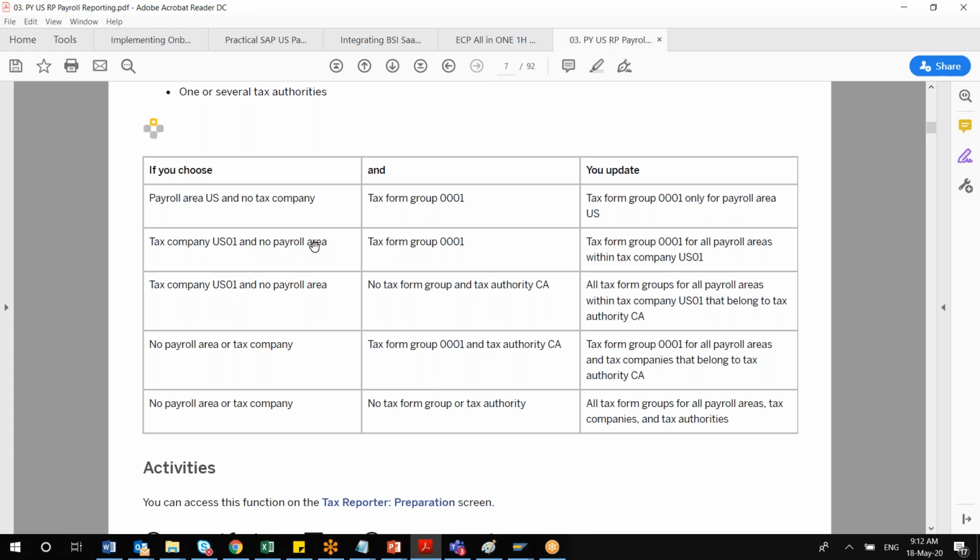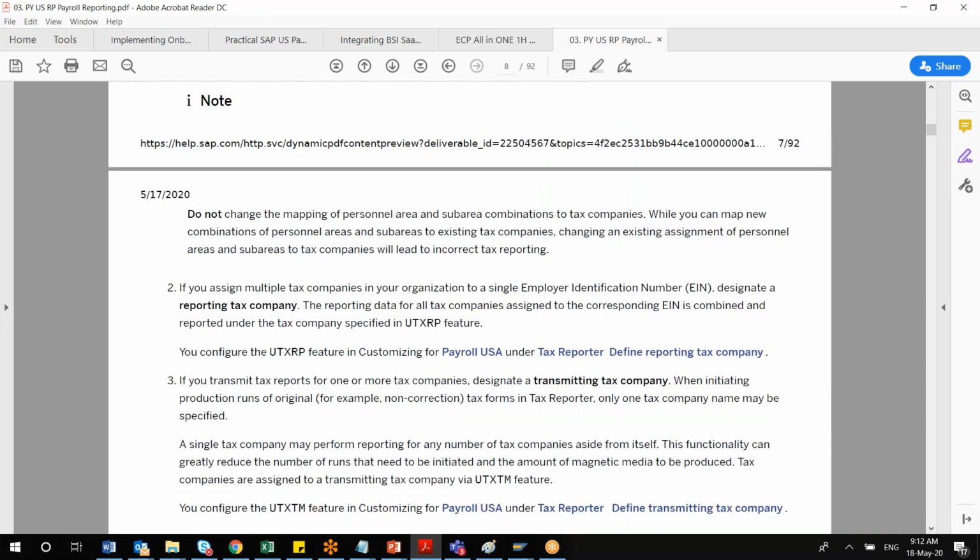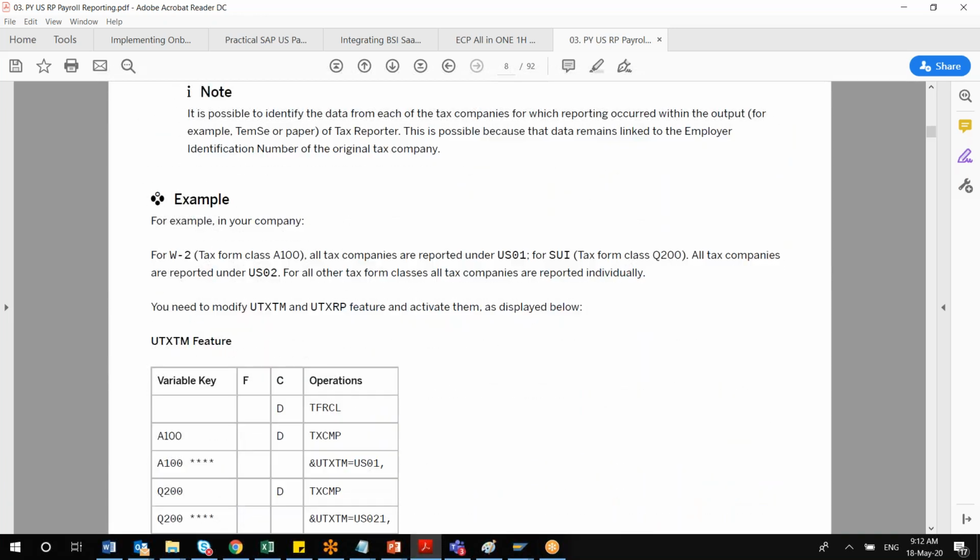But whenever SAP releases the note or the knowledge base article, they will be very specific, like you go there and update that table or update that configuration. So those things they will be giving, so do not worry about that. This is a generic document. It will be helpful for you in understanding.